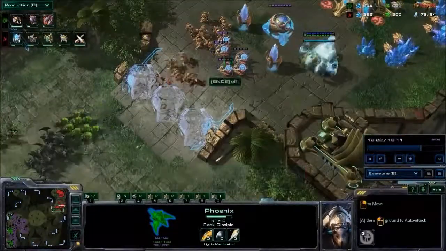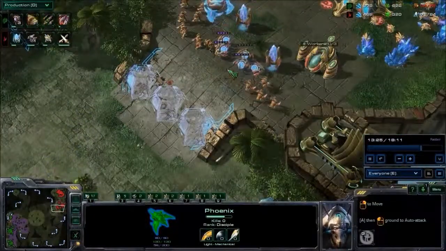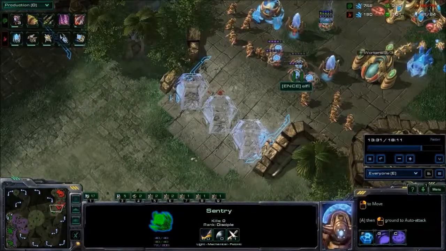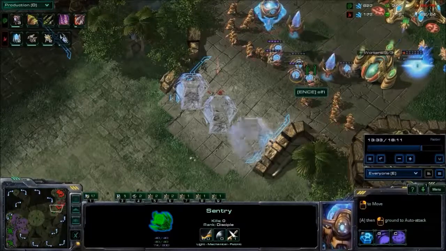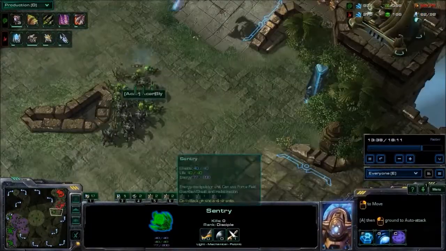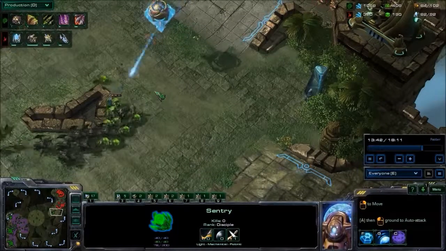We got 3 force fields going up. Now, unfortunately for Elfi, I think what would have been great, other than just force fielding this off and stopping this attack for another 20 seconds or so, is to bait some of the units in, then put the force fields down, and then clean up some of those units for free. Instead, it's just going to stop Bly from doing